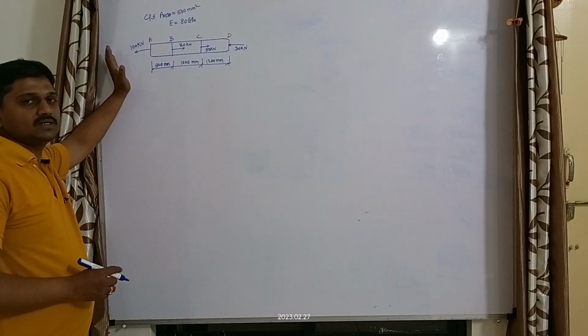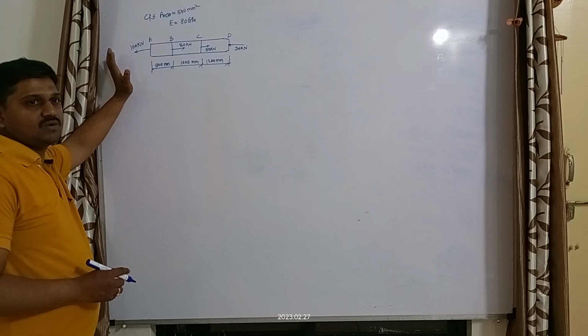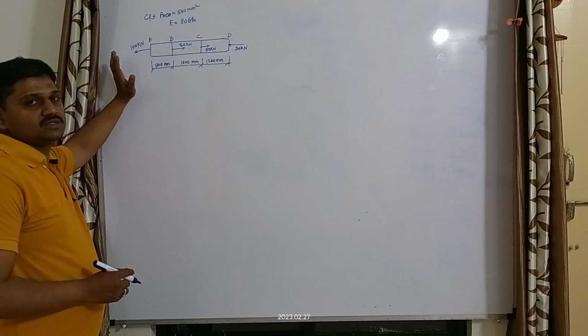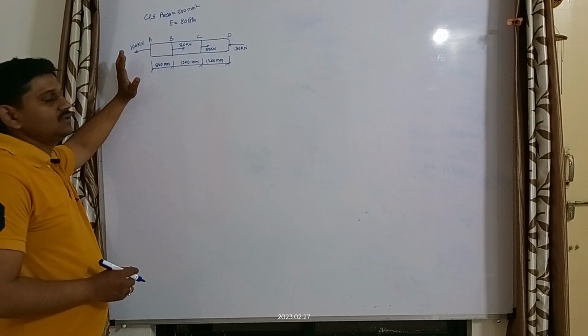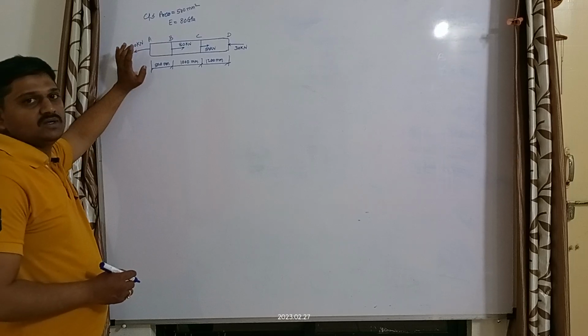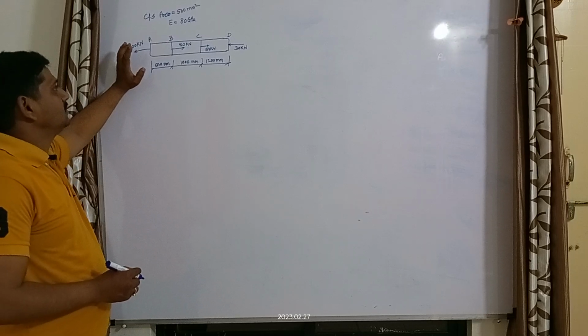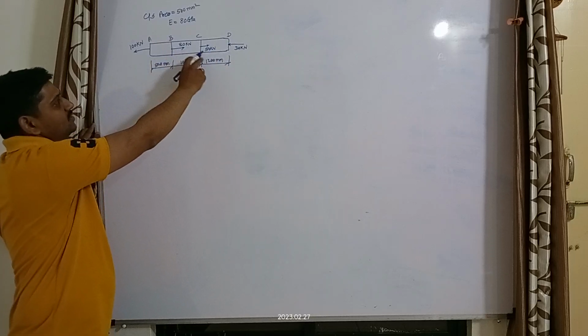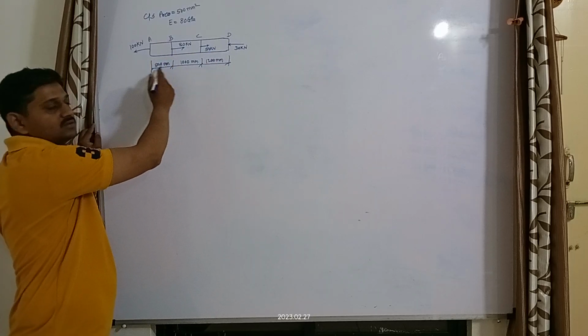This is the example which is based on the principle of superposition. How to solve this example? For this, first we are going to check whether this beam is in equilibrium or not. In this example, a number of forces are acting on this beam, and the distances of all the